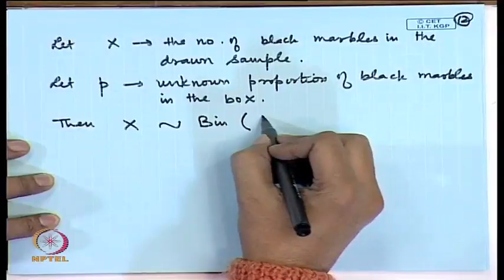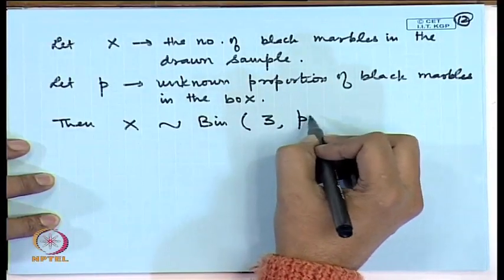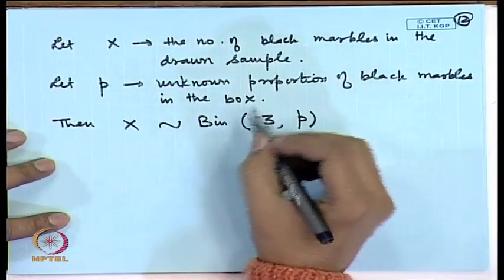The probability of success is p. So, in the total 3 trials, x is the number of successes here. So, this can be easily described by a binomial model. That means, I am saying x follows a binomial distribution with parameters 3 and p,